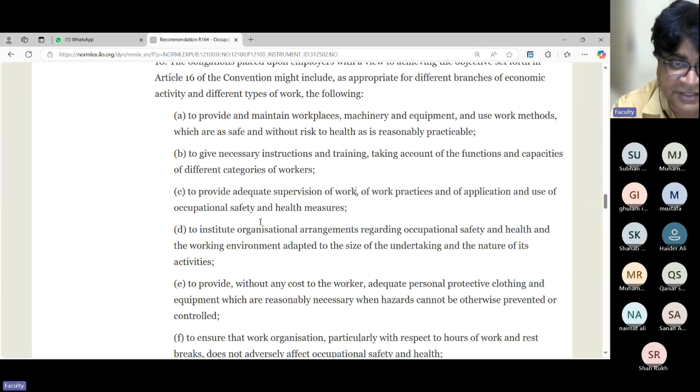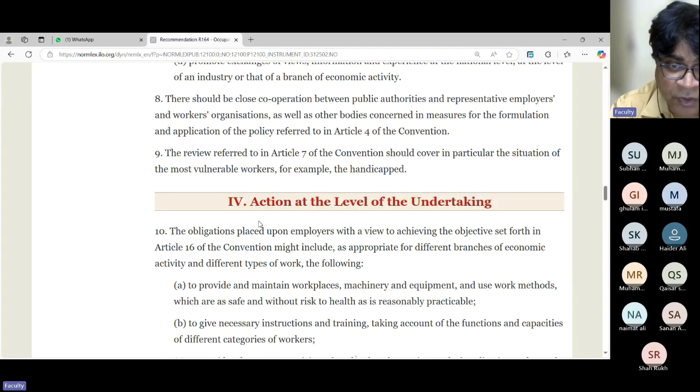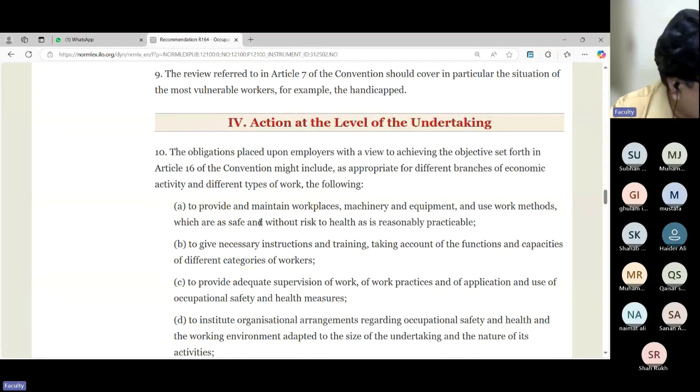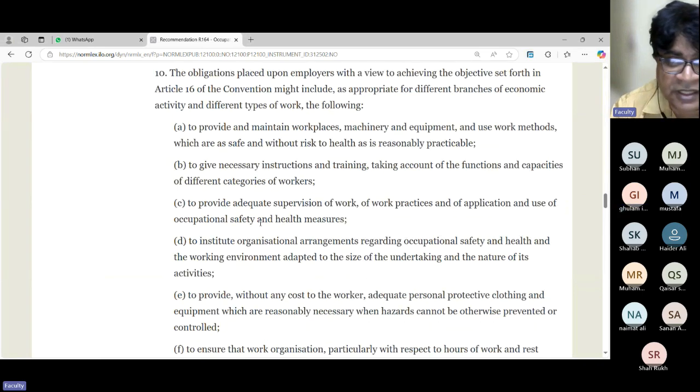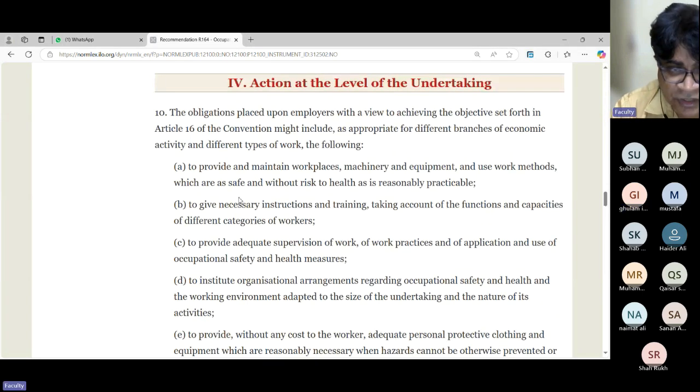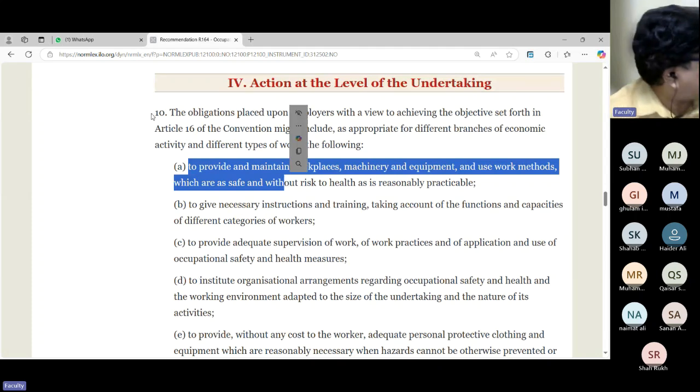So these are the many things that are the responsibility of the employers, which we assign almost entirely to the top management or somebody else. In the first one, if you see, to provide and maintain workplaces and all,